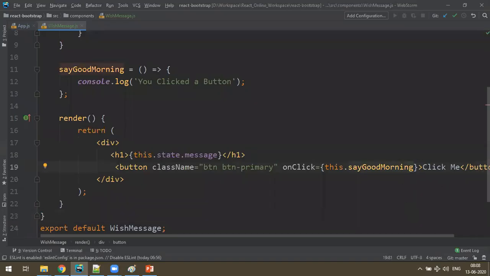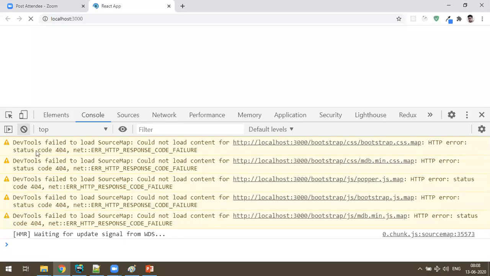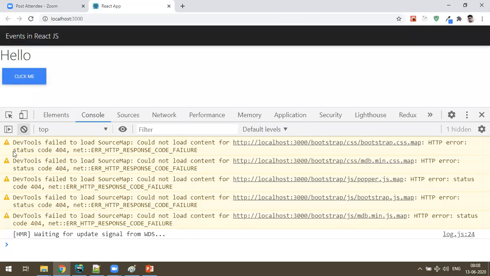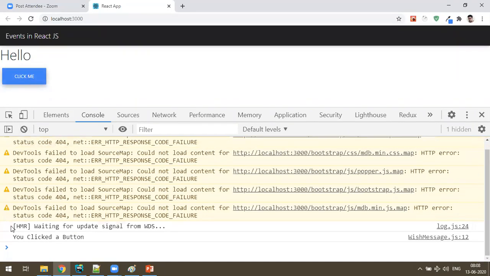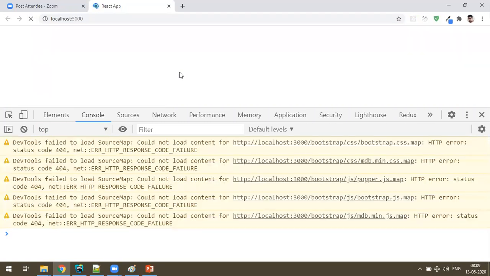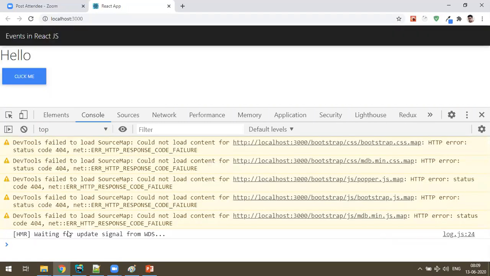Let me repeat what is happening. Just keep it empty now. Observe closely. If it is empty, there is no output here, right? No output. When I click on the button, the moment I click, I got this. So the function got executed whenever you click on a button. If you don't click, no output.